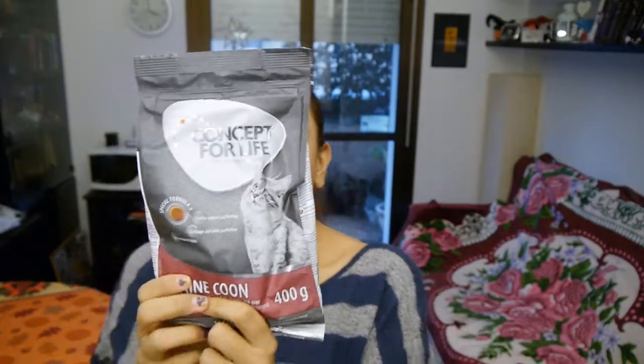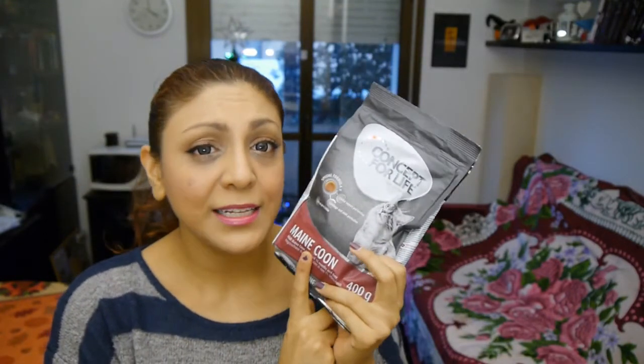Okay, so this is the Concept for Life dry cat food, and this one is for the Maine Coon. I really think this is comparable to Royal Canin, but I've never tried this. Valentino generally eats the Royal Canin Maine Coon, and he mostly eats dry food because he has problems with gingivitis and stuff. So the veterinarian told my father-in-law, his name is Renato, to